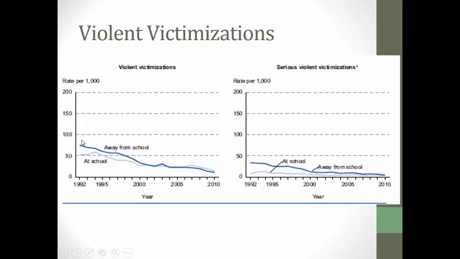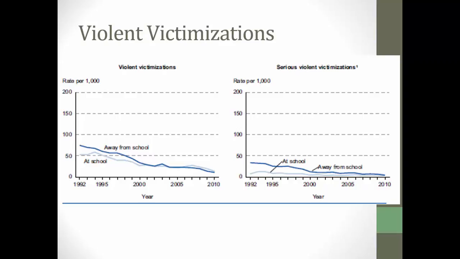So these are the rates per thousand students of violence, both away from school and at school. These are all violent victimizations, and these are serious violent victimizations. And again, there are always two ways to look at the data. I do remember when these lines crossed, the common sense criminology advice was, look, your kids are safer at school than they are not in school, because they're more likely to get victimized away from school.